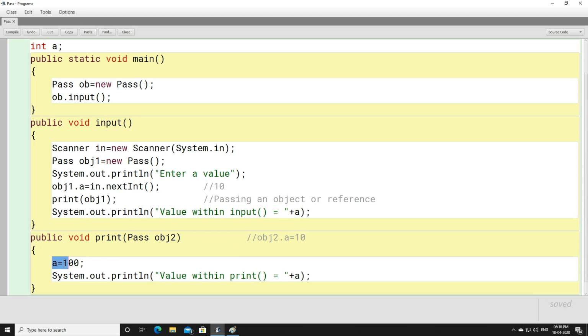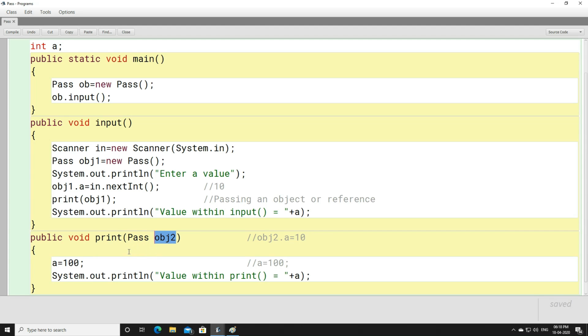Look at this place very carefully. Now you are changing the value of a to 100, right? Now a will become 100, isn't it? If you are changing the value of a to 100, that means a will be changed to 100. Okay, but how is a changed? Look, this a will take the help of obj2. The reason is that this method is taking help here, where you are writing obj2.